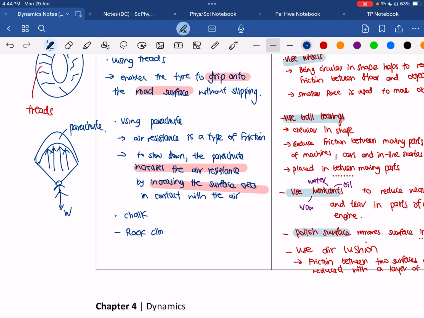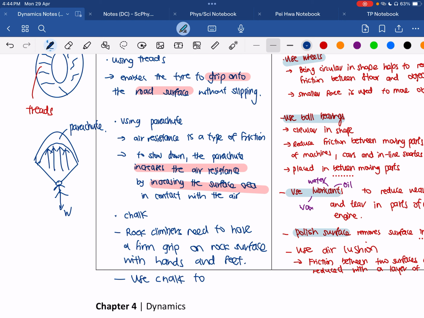Rock climbers need to have a firm grip on rock surface with hands and feet. So for them to be able to do that, they use chalk